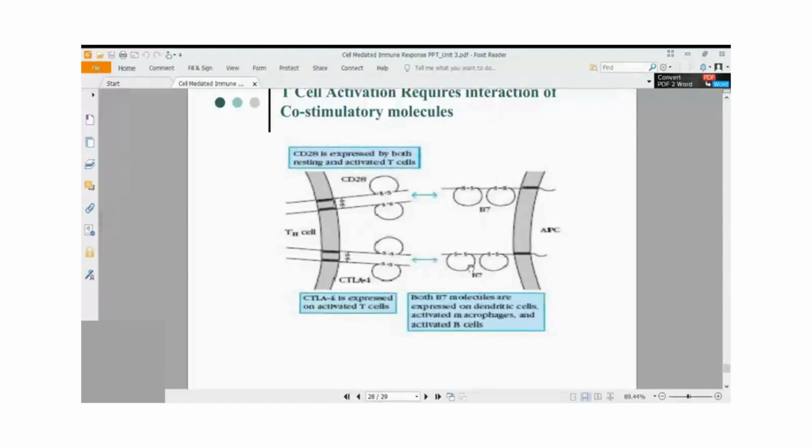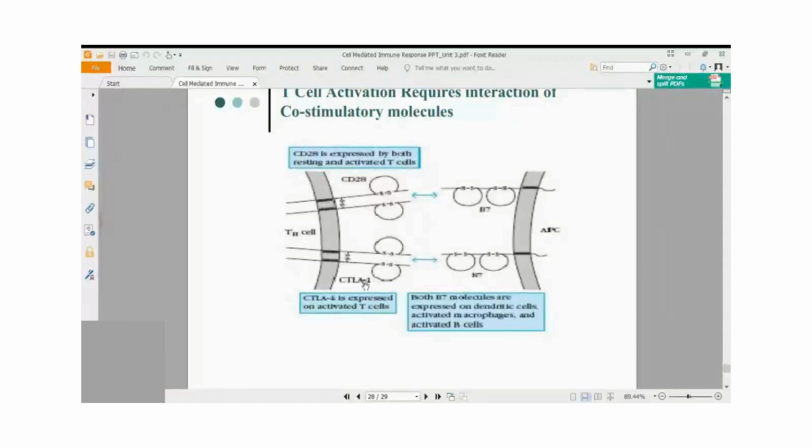Now the second receptor expressed will be B7.2, and that B7.2 is CD86. The first one is B7.1, which is CD80, responsible for contacting CD28 for the stimulation of the T cells to undergo activation. Whereas B7.2, that is CD86,